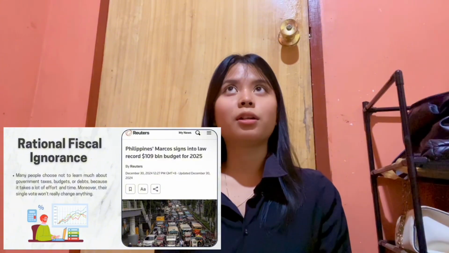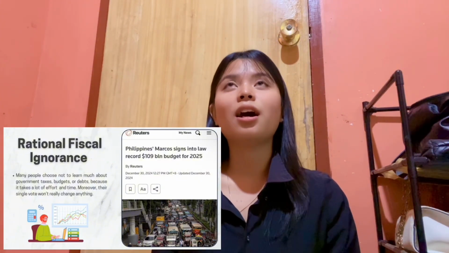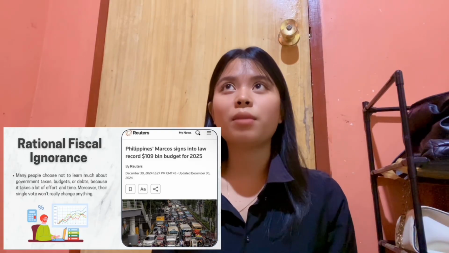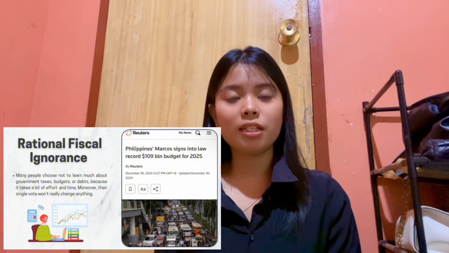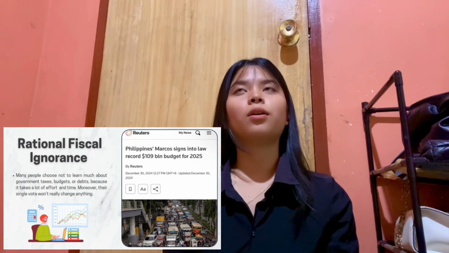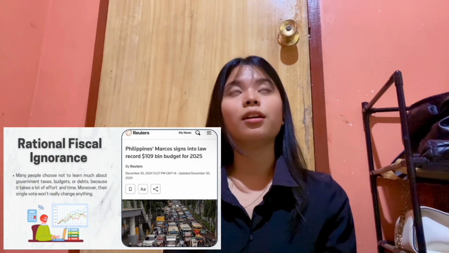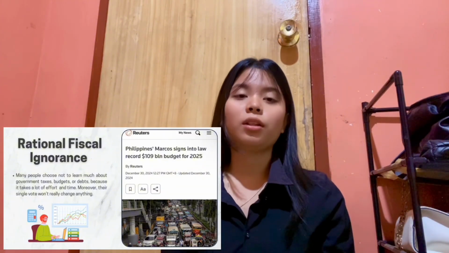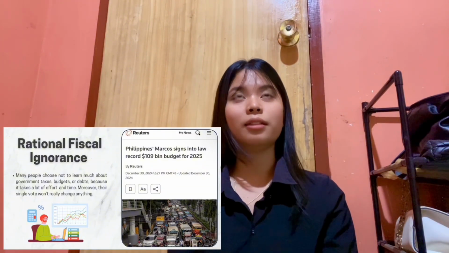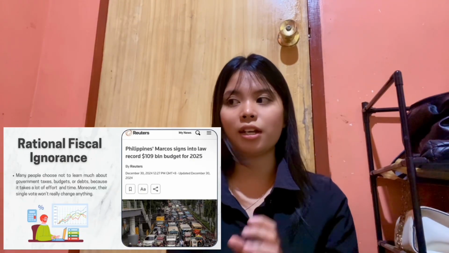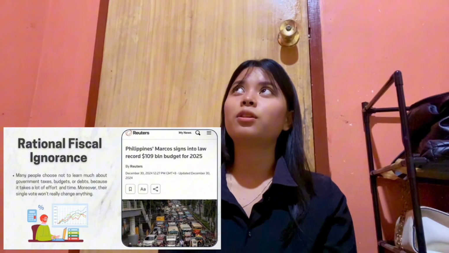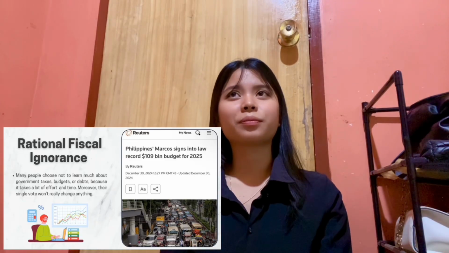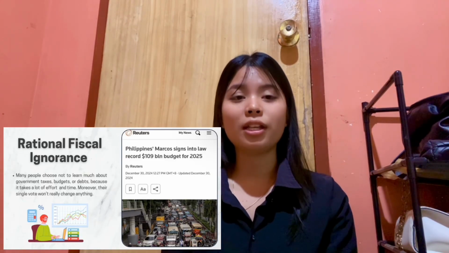Now, in the context of public finance, it develops into rational fiscal ignorance because many people don't really understand how the government collects taxes and spends money, for example in terms of budgeting and government projects, because it is too time consuming and hard to understand. That's why, according to Congleton, the people who are directly interested in public finance, or who have something to gain or lose, are the only ones who take time to understand it. That shows there is a gap between ordinary citizens and the people who have a direct interest in such matters. And it also develops into fiscal illusion, where people misunderstand or get the wrong idea about how public funds